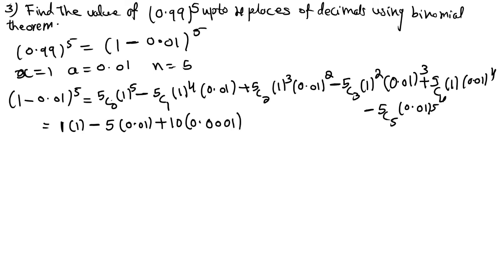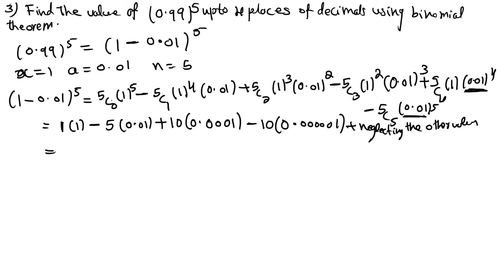Okay, then minus 5c3 value is again 10 into 0.01 cube. Okay, that time we will get 0.000001, you need to put 5 zeros, 1 2 3 4 5 1, then plus neglecting the other values. Why? Because here see 0.01 to the power 5 or 0.01 to the power 4 are very small values, right? So you can neglect those values. Okay, whenever decimals come you can neglect the values.